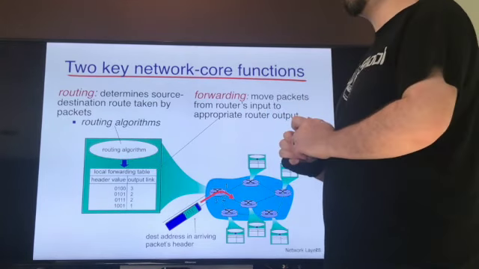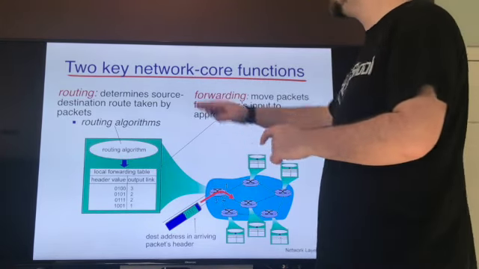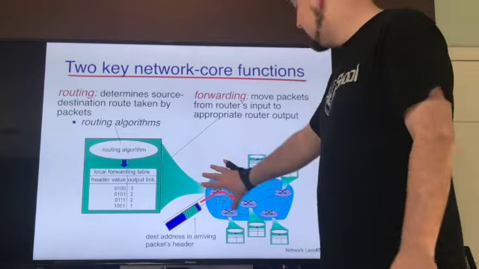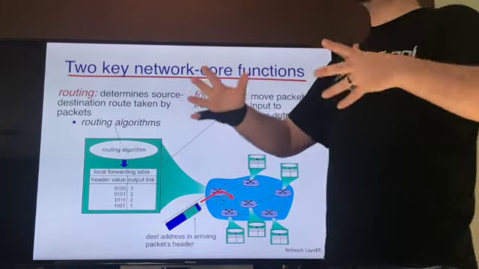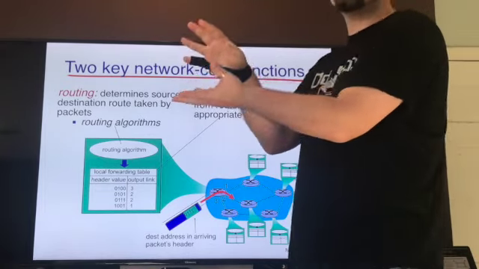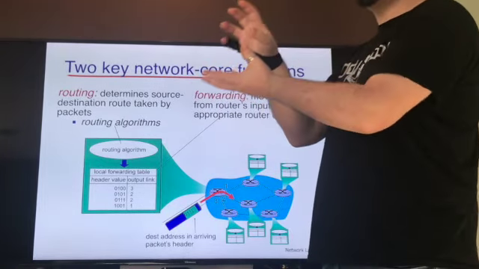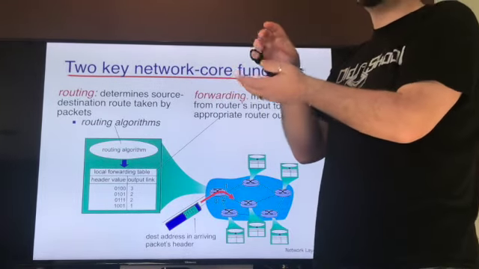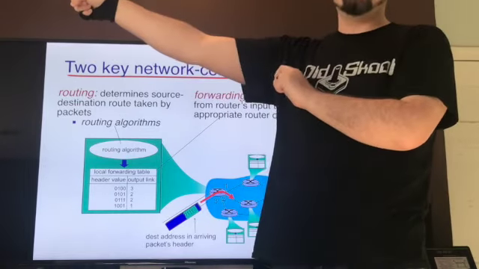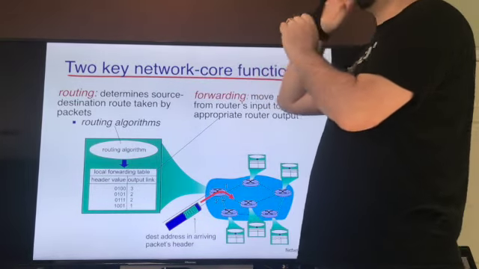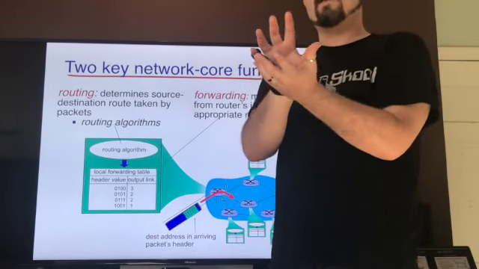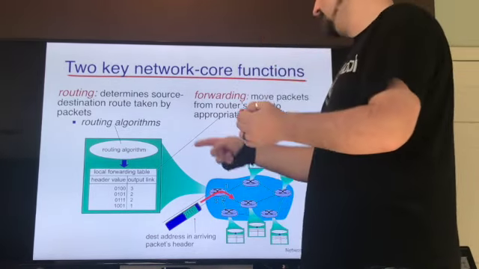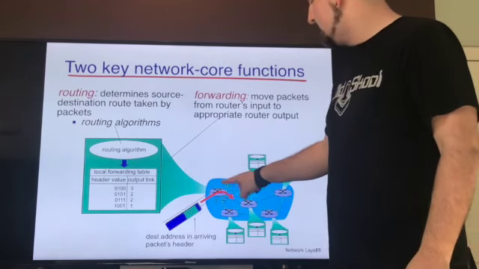Okay, so there are a lot of algorithms that run. The process of routing is something that a bunch of routers run all at the same time to determine, okay, if you are in this range of IP addresses, all messages destined to this range of IP addresses go on this link. And then all messages that are destined to this block of IP addresses, they go on this link. And so this router determines